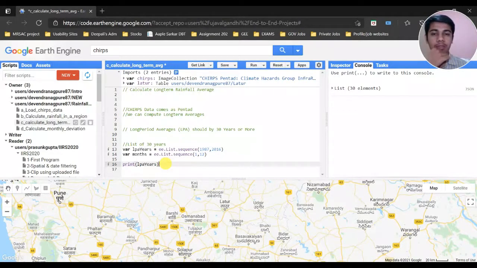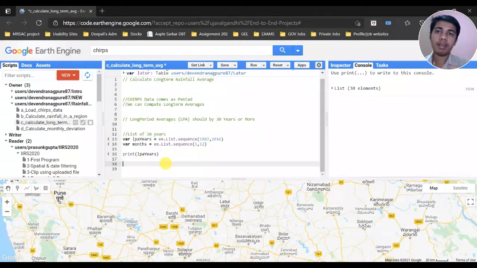Right, now what we have to do is calculate a long-term average of CHIRPS. Let us say we have to calculate an average for the month of July, and for more than 30 years. So how are we going to do that? Let me show you. Here we are going to write July images